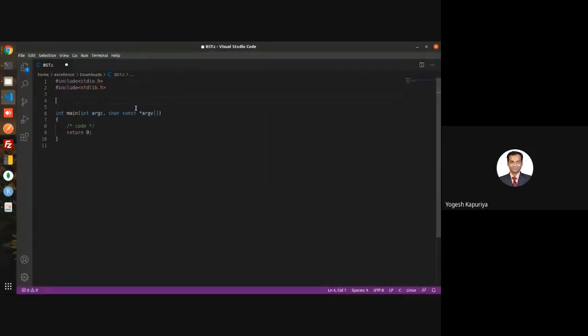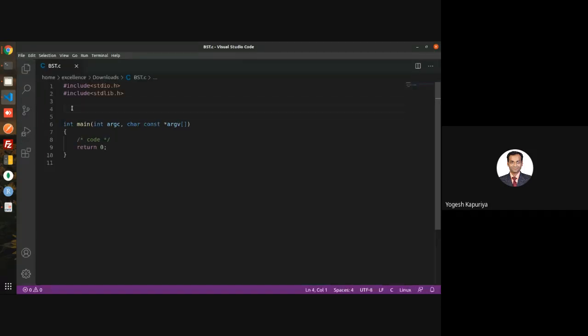I hope this is visible. So the first thing is you need to define a node structure. So let's write down the structure for a node.